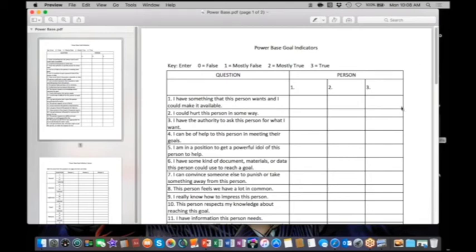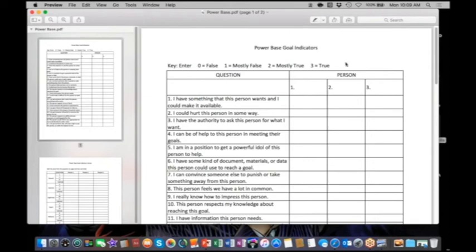This is something I do on larger influencing efforts where I don't know the people maybe as well as I need to, or there's just so many of them to track, or there's really critical people that I just can't figure out the power base on my own. This could be eye-opening for you. So how this is going to be filled out